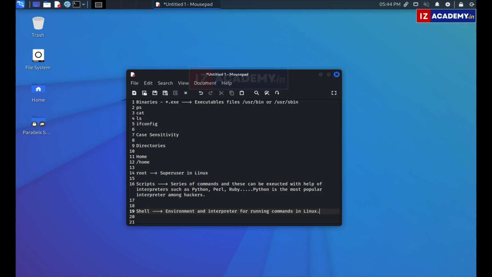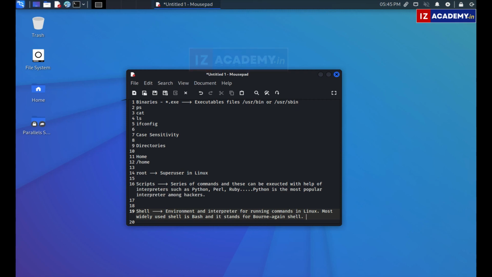The most widely used shell is called bash, which stands for Bourne Again Shell.